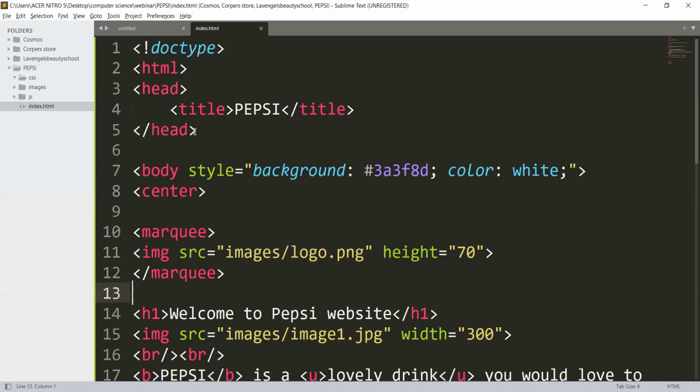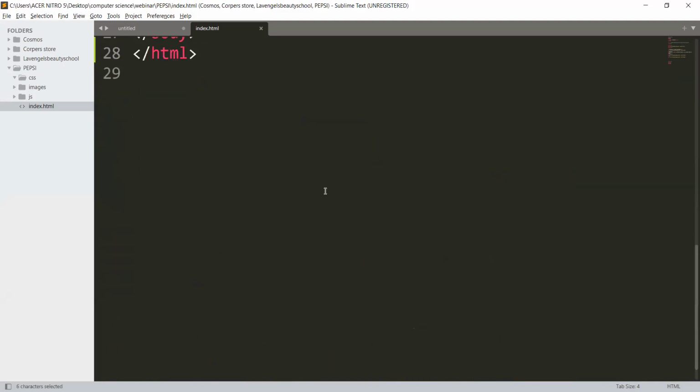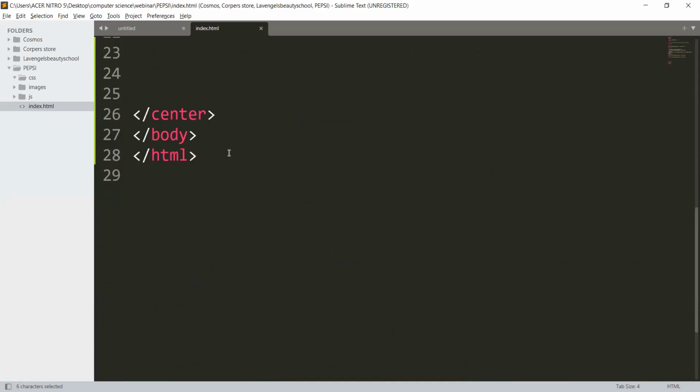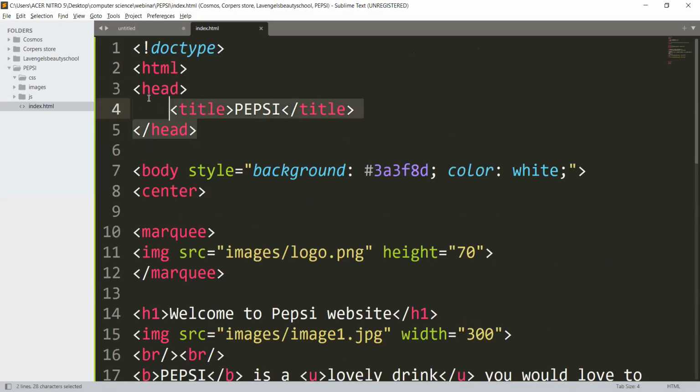All right, so let's go back to our code and have a brief recap of what we've done today. So when you want to create a website, just write this doctype. It doesn't really concern you, but you just have to write it to tell your browser that this is the HTML document. Then you start with your HTML and don't forget to close it right here. So you open and you close. Then you have your head, which contains the title. You have your body, and you put a center tag. So everything on the website is in the center. And this is how you add your image. IMG, SRC means the source image